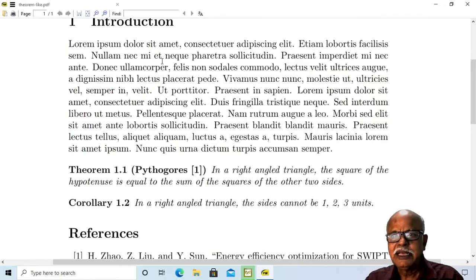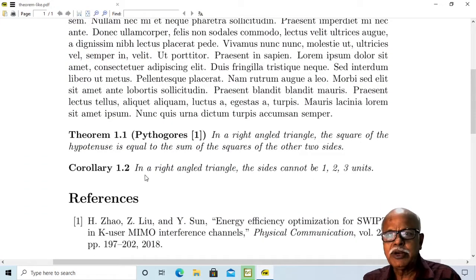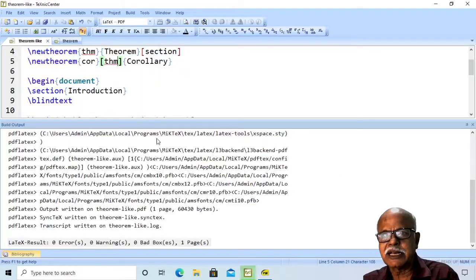Then Theorem 1.1, next one will be, even though this is a first corollary in this section, it will appear as a continuation of the counter for theorem.